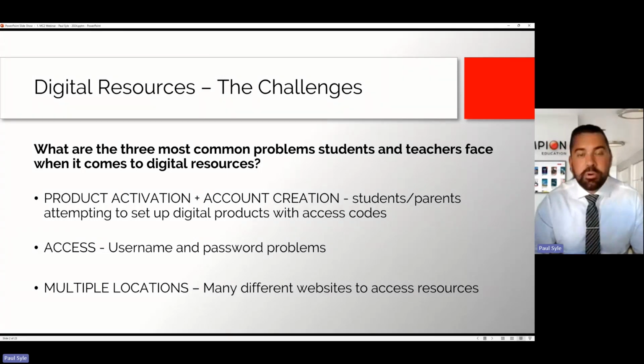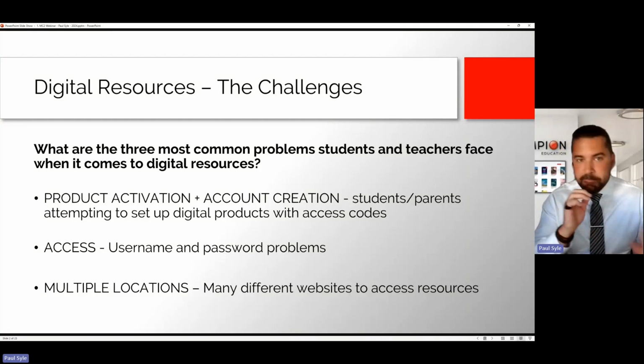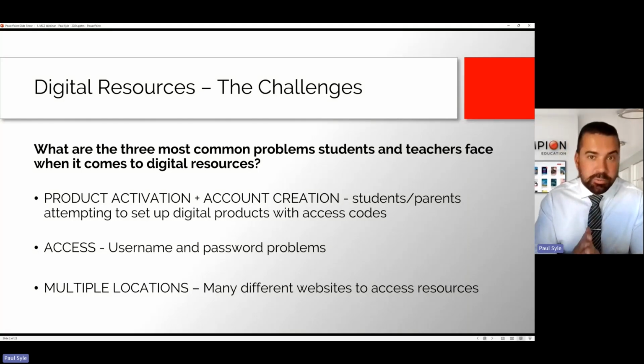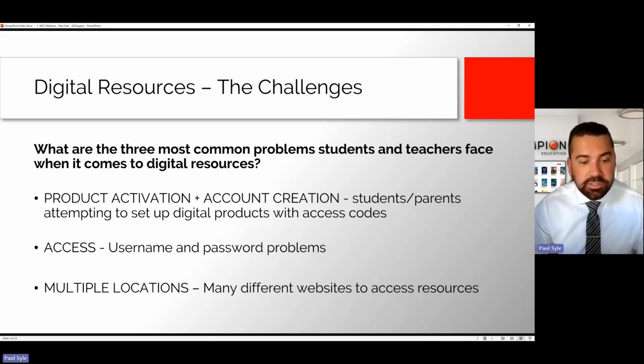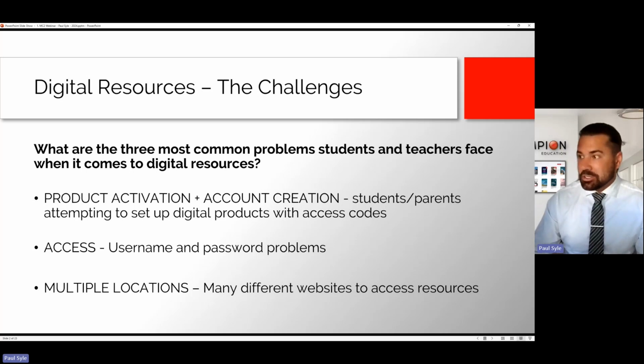So firstly, product activation and account creation. Got a product, you're going over to a publisher's website, have to create an account if you haven't done one before that, and then take an access code and activate that content. Moving on is also access. So the problems around a different username for different publishers and or different websites. So too many username and passwords. And of course, having multiple locations, one for your maths resource, a different publisher for your science resource and so